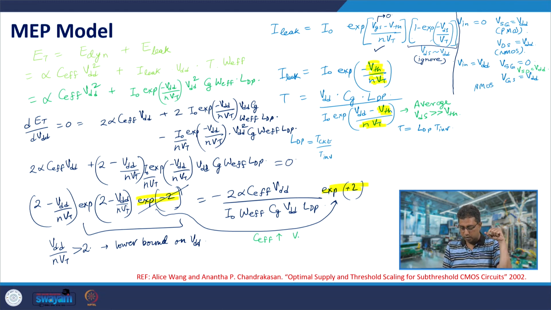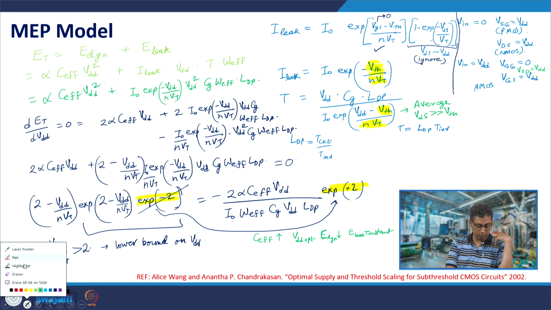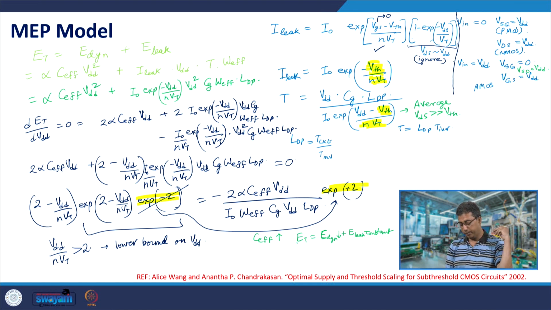So, if you reduce now the VDD optimum, dynamic energy would reduce and what would happen to leakage energy? You have reduced VDD. So, time period increases, but the leakage current reduces a bit. So, therefore, leakage energy would remain almost constant. So, if C effective increases, then you may find that you reduce energy as you reduce the supply voltage. So, you may find that C effective increases, and VDD optimum, that is the minimum energy point,